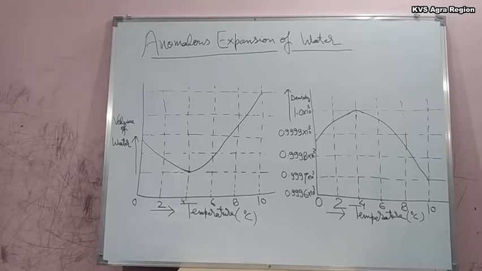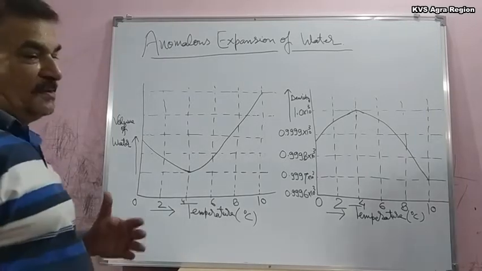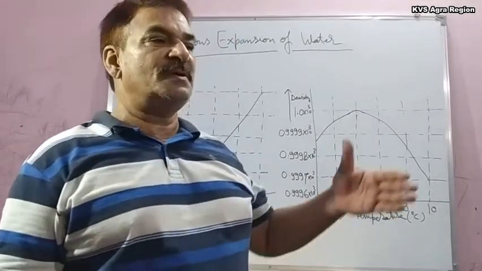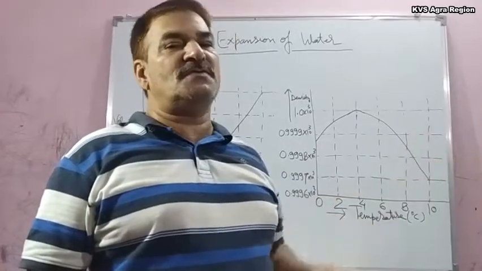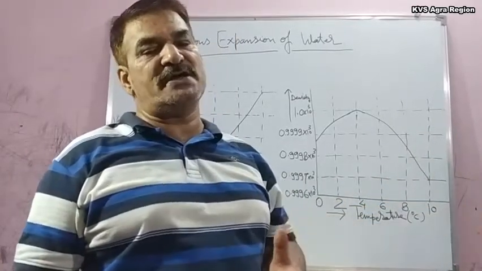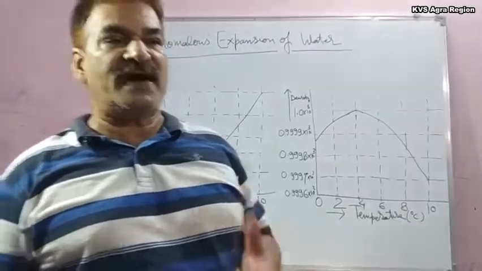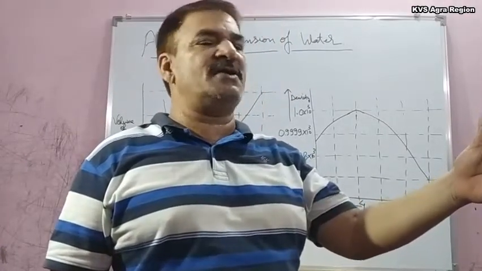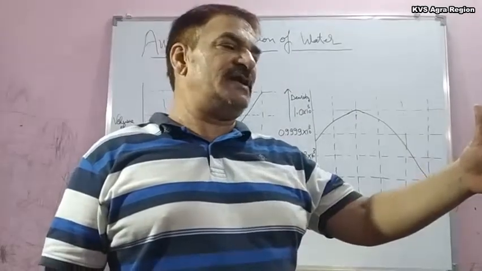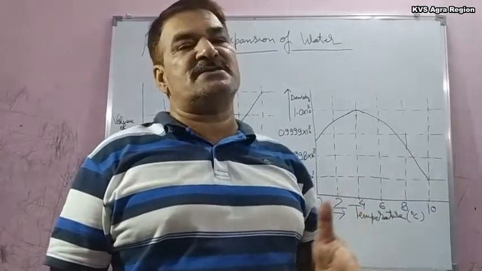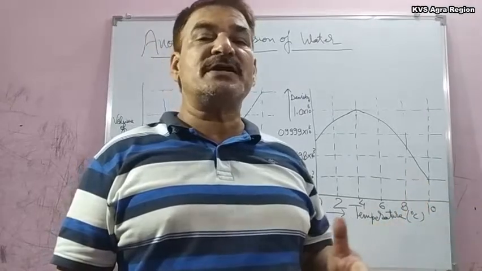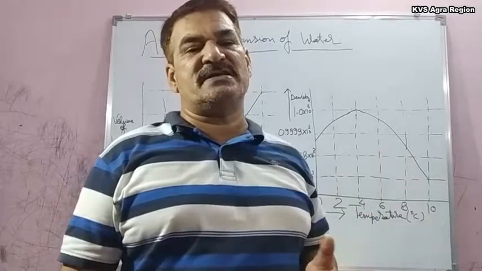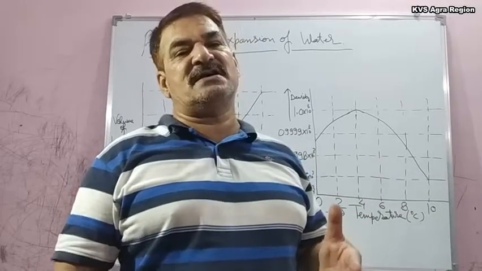Anomalous expansion of water. So water shows anomalous expansion when it is cooled from room temperature to 4 degrees Celsius, and we find that when it is cooled from room temperature, maybe 18, 20, 25, 30, up to 4 degrees Celsius, its volume goes on reducing, and this volume is minimum at 4 degrees Celsius, and when it is